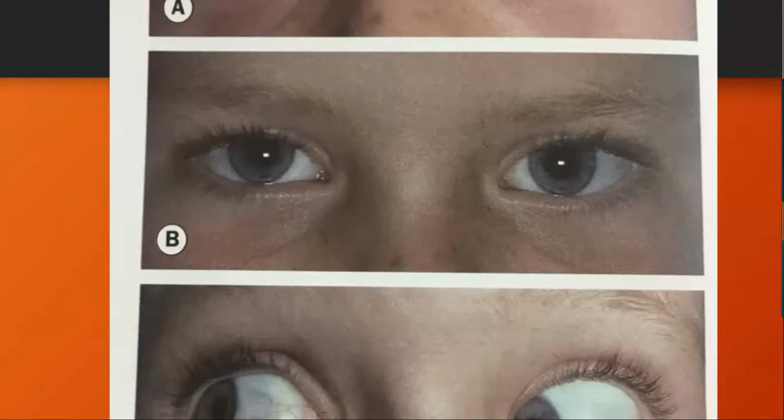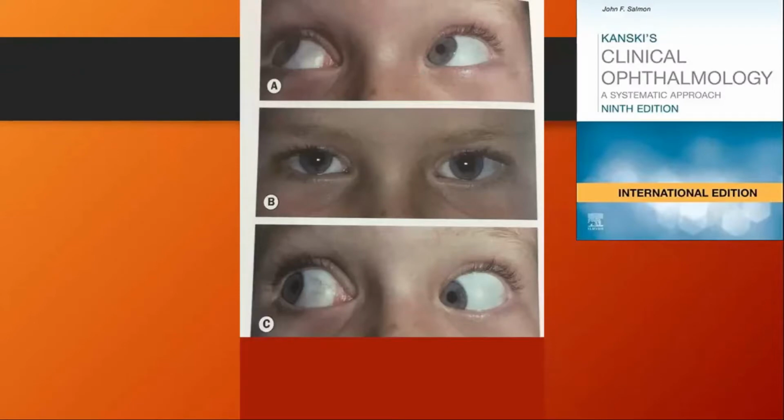This is from Kanefsky, and this is the primary position. Dr. Eva, can you comment on the primary position based on the Hirschberg test? In primary position, the Hirschberg looks central, so it seems to be orthotropic. And here, on dextroversion, actually this is a kind of dextroelevation. On dextroelevation, there is slight limitation of elevation in the left eye, but it's so mild, subtle. So there is slightly limited elevation in adduction in the left eye.